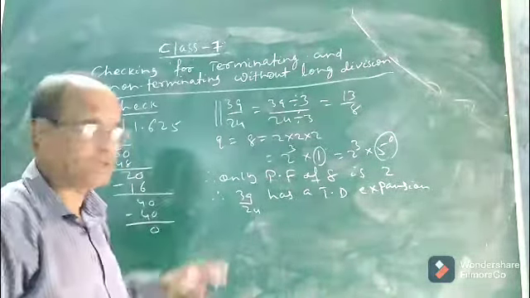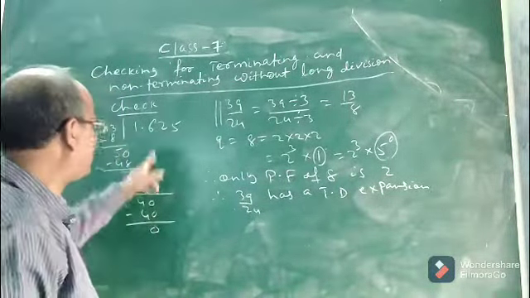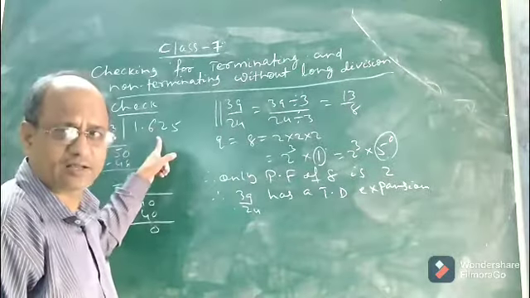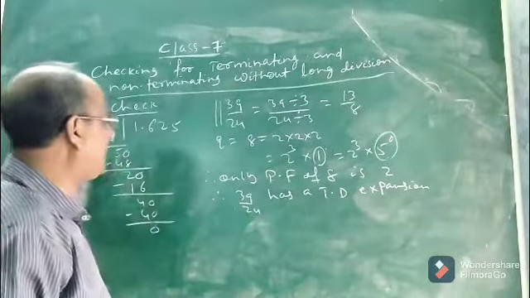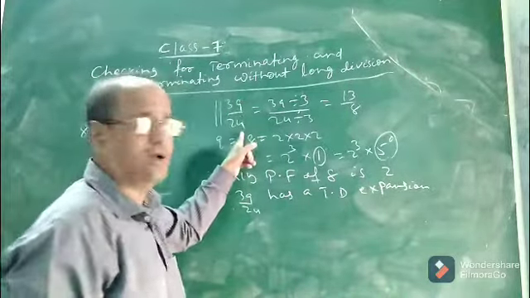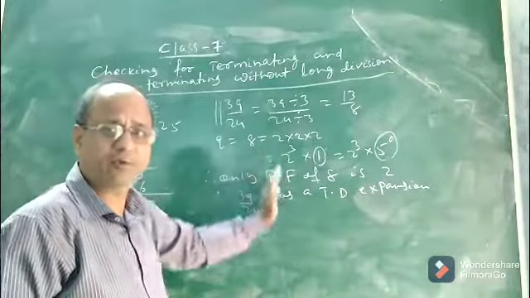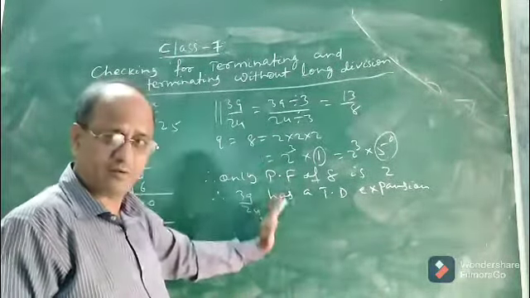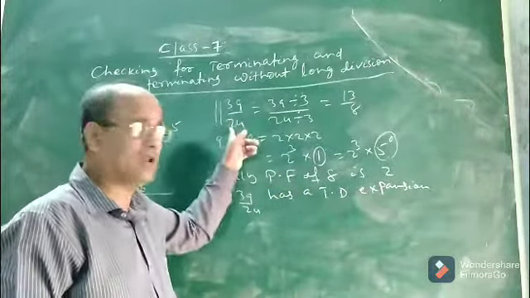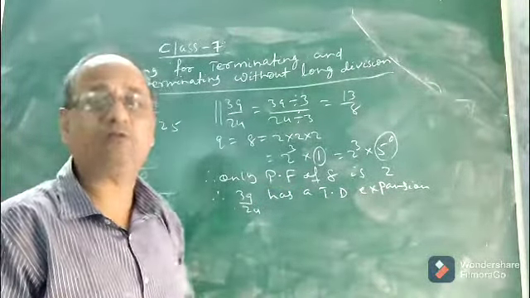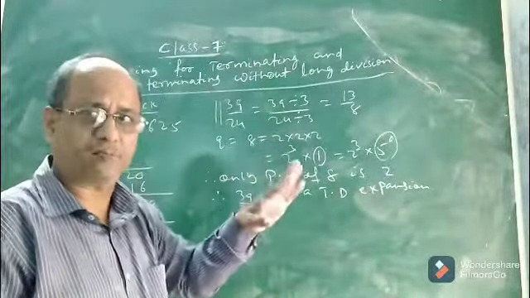So what did you see, children? Here we divided and found the terminating decimal. That means after division we came to know that 13 by 8 or 39 by 24 has a terminating decimal expansion. But here we simply checked, without long division, and we could see that the given rational number has a terminating decimal. So what is the rule? I am saying once again, I will explain it in another problem also.